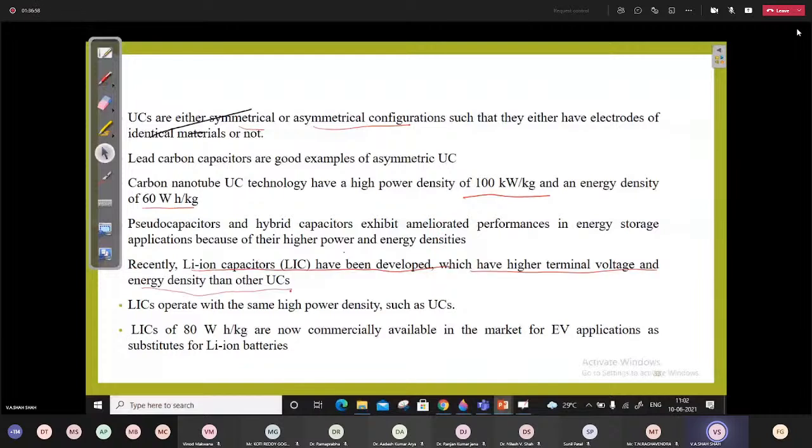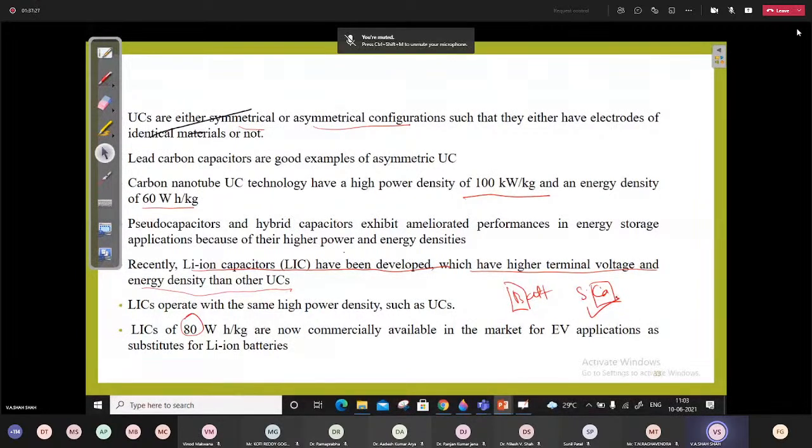I will show you some other slides in which it can go up to 86 watt-hour per kg. This is known as a hybrid, in which one electrode is a battery electrode and the second electrode is a supercapacitor electrode. So you are getting the high power density characteristic of the supercapacitor, and the battery electrode with high energy density. And they can be coated